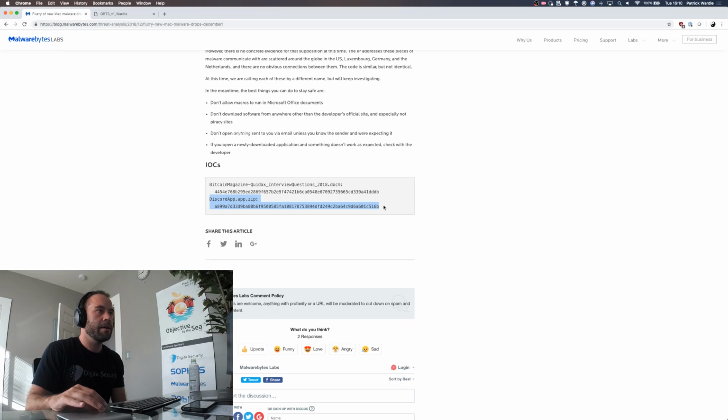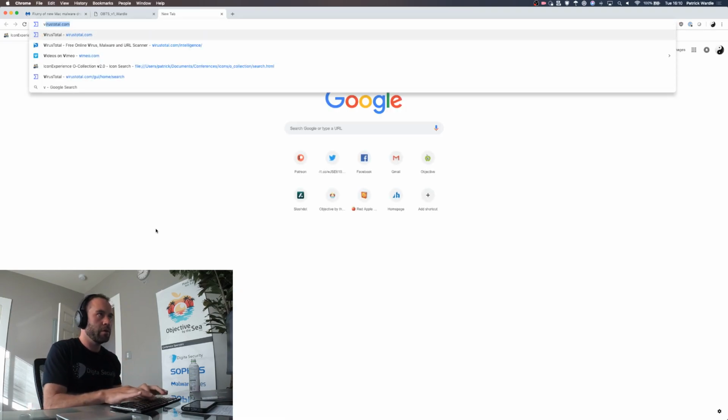So here's the malicious binary application that we are going to look at today. Again, this is a new piece of Mac malware that was discovered by Malwarebytes. What we're going to do is take this sample, and I'm going to illustrate what I do when someone reports a new piece of Mac malware, walk you through the steps I take to briefly analyze it, pull out its logic, and basically see what it does. So if we go to VirusTotal,